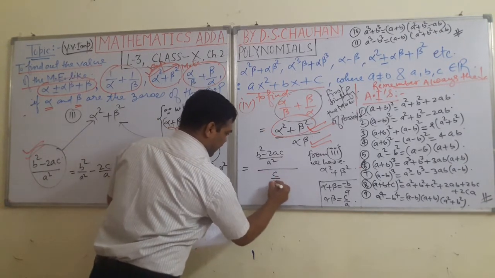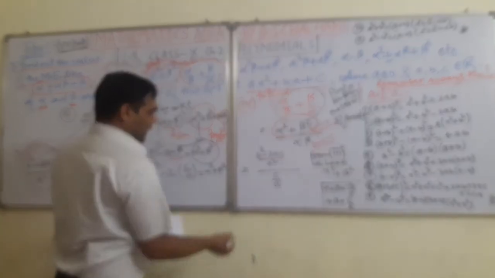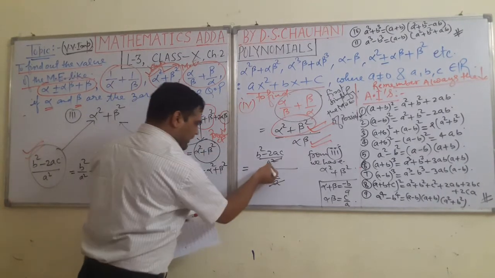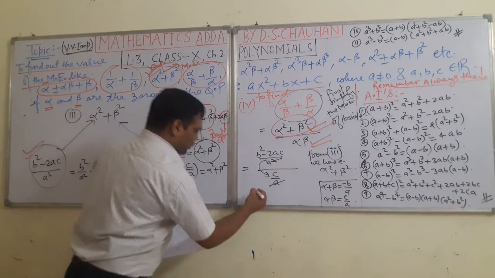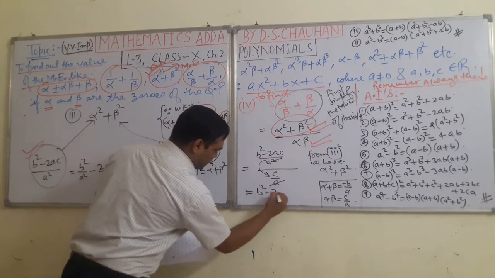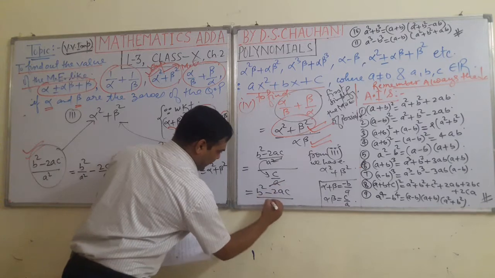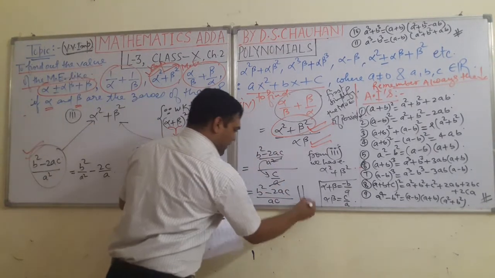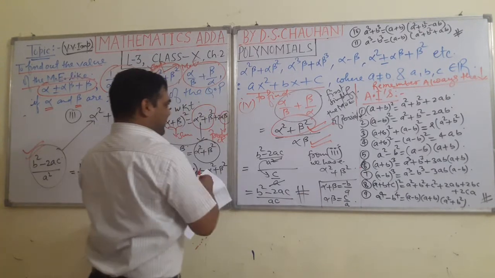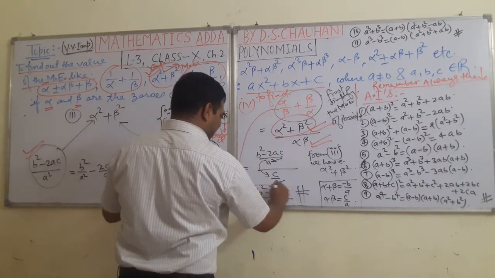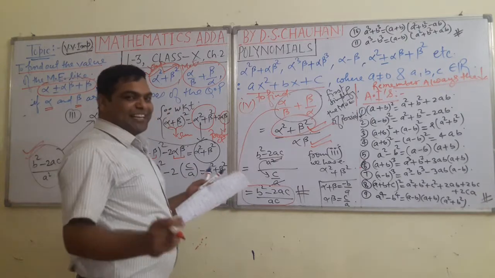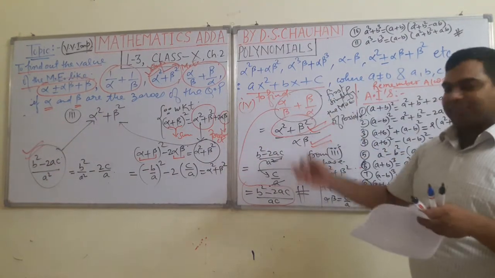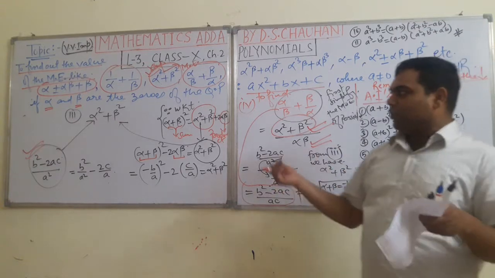So what you will get here? This is here c upon a. Now as you will simplify, one a and one a from the denominator will get cancelled, and this will come in here. So what you will get? b square minus 2ac upon ac. Okay. So this is the value of what? This is the value of this particular expression. See, students, easily by connecting to the previous topic, for the further mathematical expression, easily we are able to get